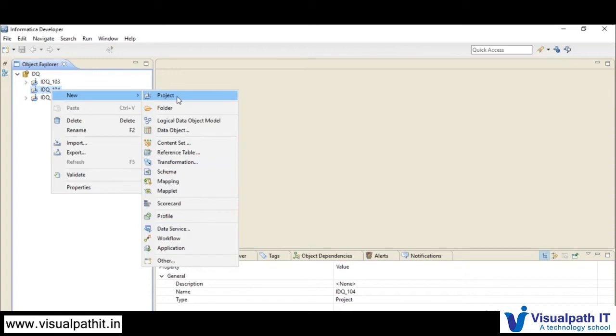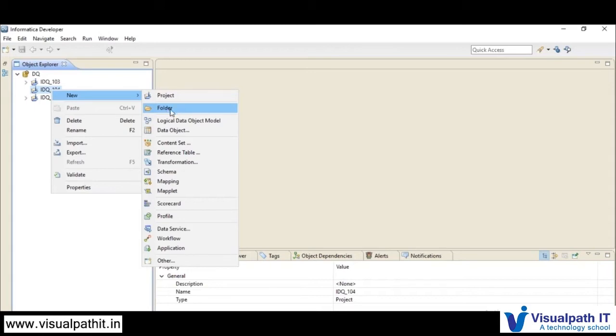You could have a sub project under the main project. Let's say you have a project, and within that you are maintaining multiple projects, then you can create a project under a project folder. So again it will act as a new project. Based on the requirement you are working on, you will go for this. And likewise folder, this folder also contains the same structure as you have for a project.